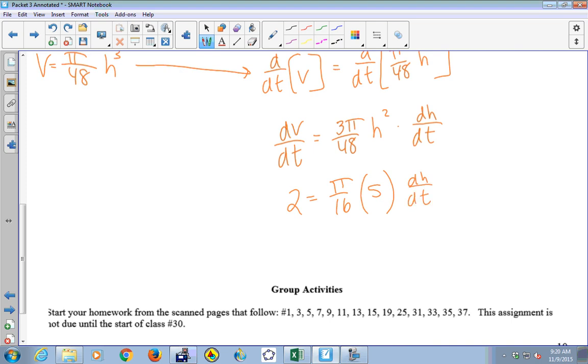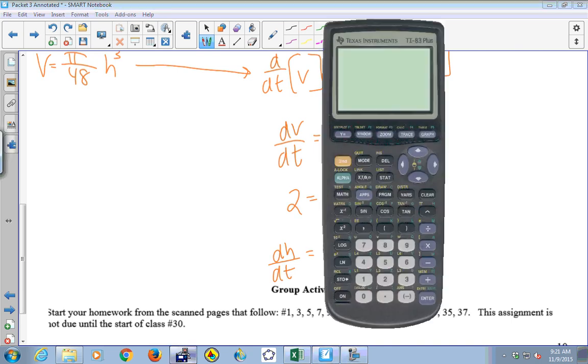So that's the only unknown left, and I can solve for dh dt. So that's 5 pi over 16. So that's going to be 32 over 5 pi, which is approximately